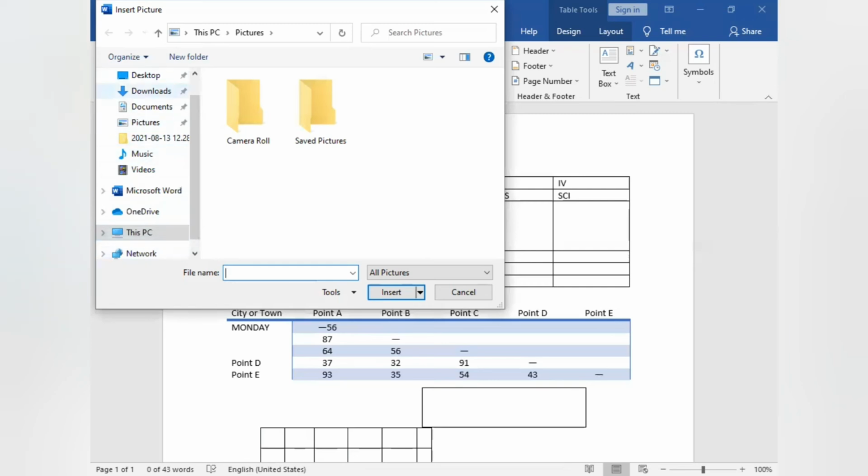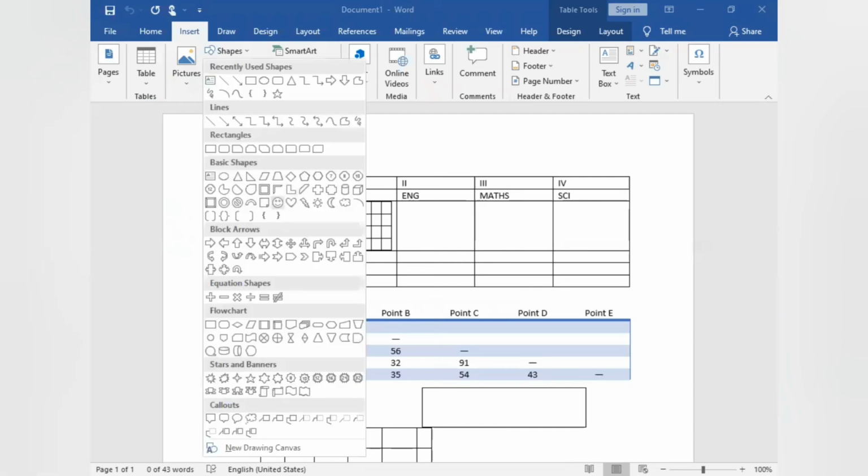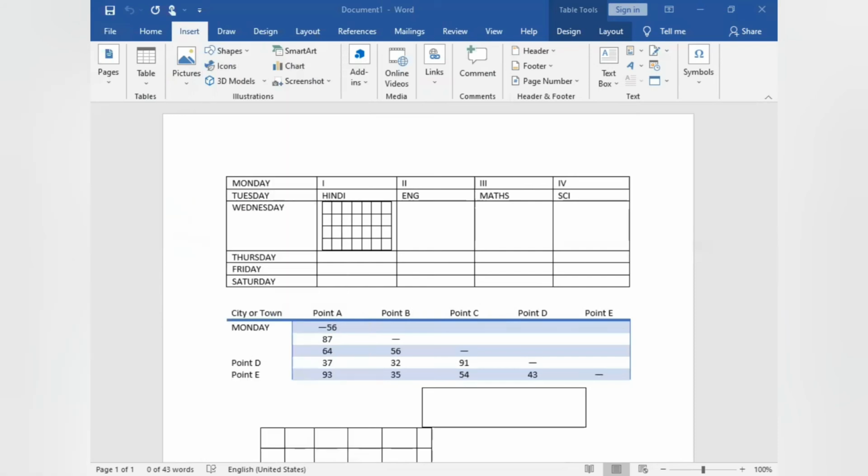You can download pictures and insert them. You can insert from Documents. You can insert from Pictures. You can insert from Desktop. Okay. So you can use them according to your requirement. And you can insert shapes also. See, like this.